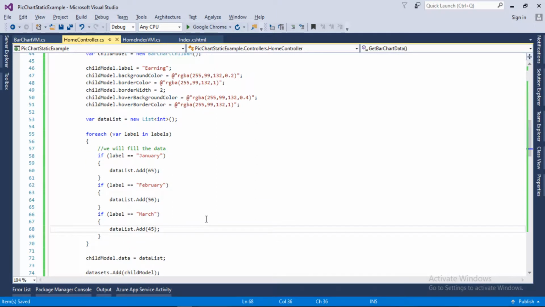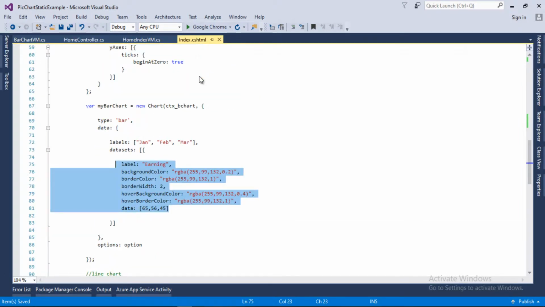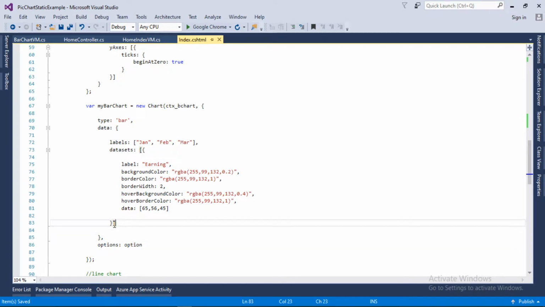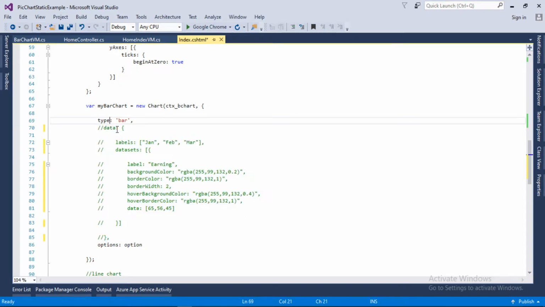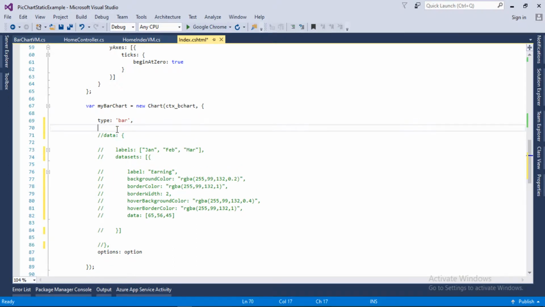So that's it for our controller part, and now I will go back into the index view, and similarly I will copy this datasets and data from here. So I will select this from here and comment it, and now I will add the data received from our controller.